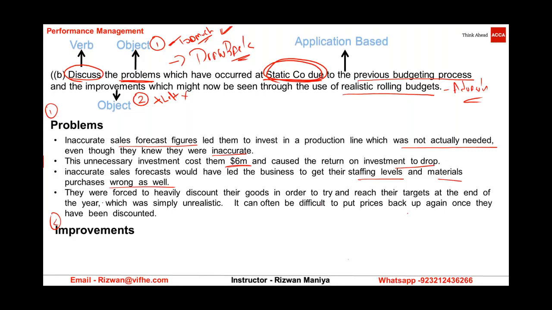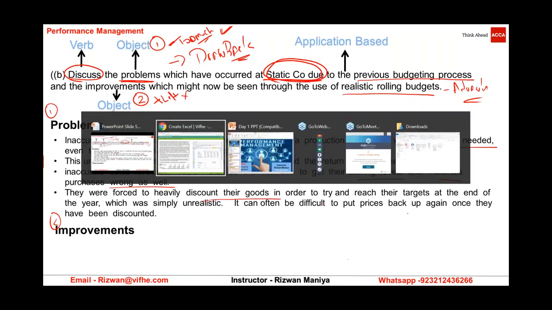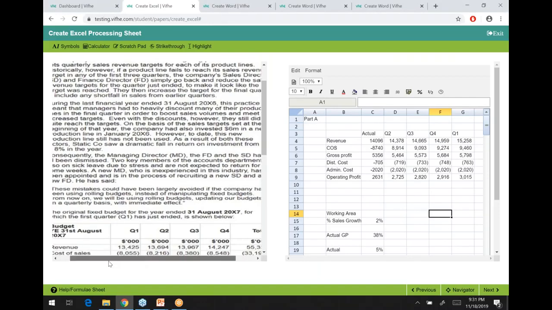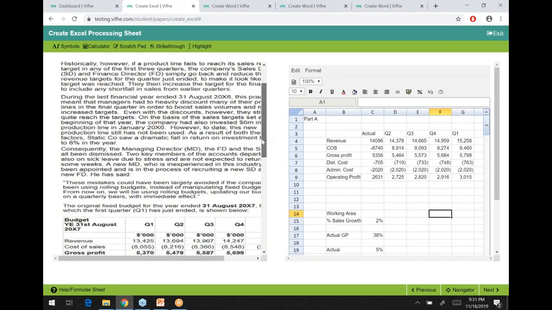Then they were forced to heavily discount their goods. Now let me show it in the scenario. Okay, let me mention the paragraph here. You can see here, it did mention